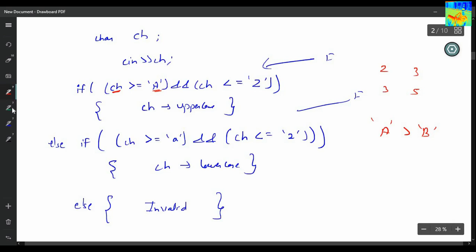The idea is very simple. This operator is defined for numbers, floating numbers and integers. And these are characters. So implicit typecasting is taking place here. The variable ch contains a character, and that character is converted into its ASCII value.